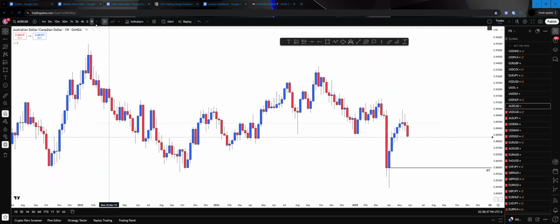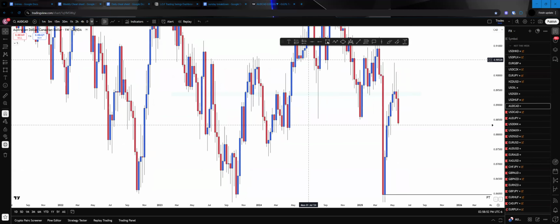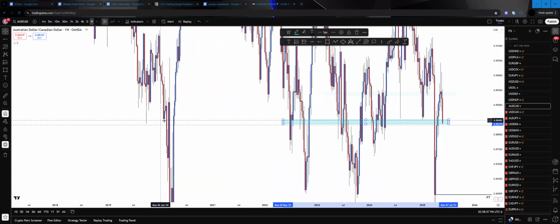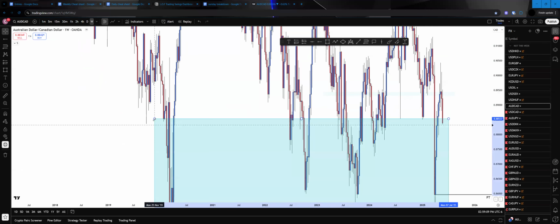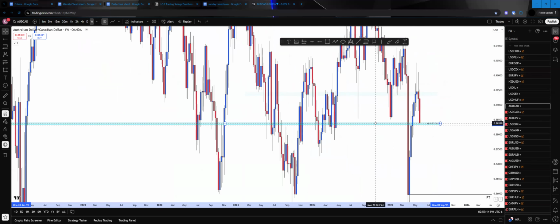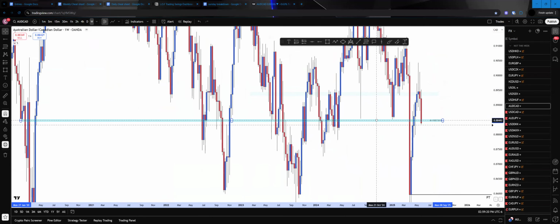AUD CAD, weekly. Eh, don't like how this is. It would be a weekly wick pullback, but it's not really responding. It's not at a valid area of interest. I'm just gonna put that